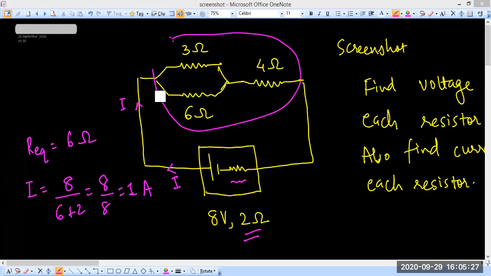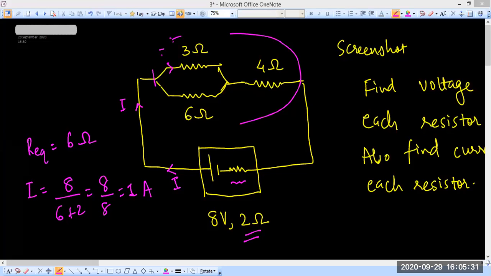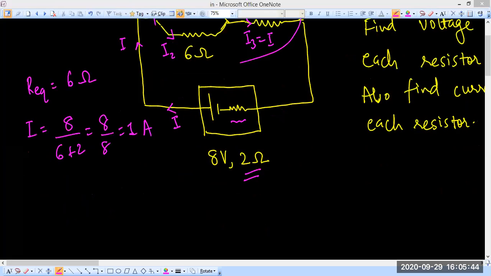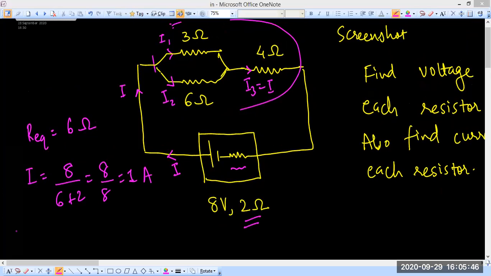So of course these two are in parallel, so the current must split. So let's say the current here is I1 and let's say the current here is I2, and this I3 will be same as I, right? I don't think anyone has any problem with that, right? So finally the answers are, we get 3 into I1 is equal to 6 into I2 is equal to,